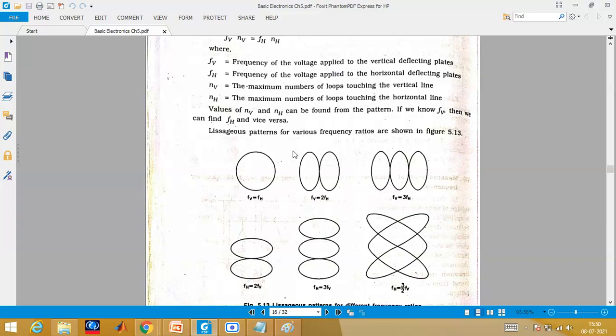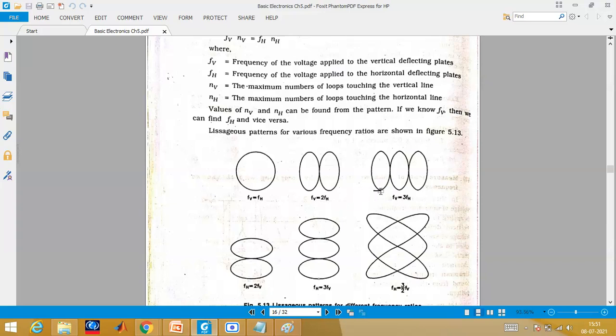Okay, now you have to actually draw a line. See, this is the vertical, and here if I draw, this is the horizontal. Is that point clear? If you see the horizontal, it is touching at 2 points. In the horizontal there are two loops, 1 and 2, right? Two times it is touching. The loop is touching the x-axis at 2 points, but the y-axis only one time, right? So NV is equal to 1 and NH is equal to 2. So for this loop, the formula is FV is equal to 2FH.